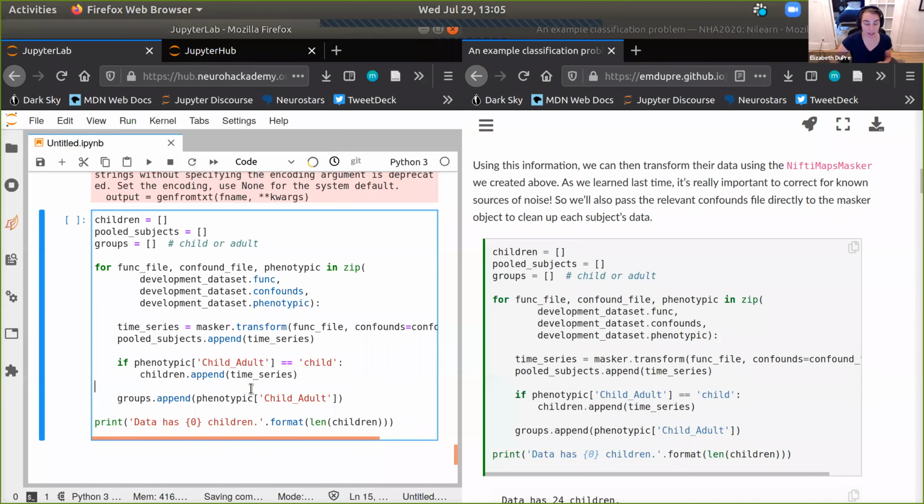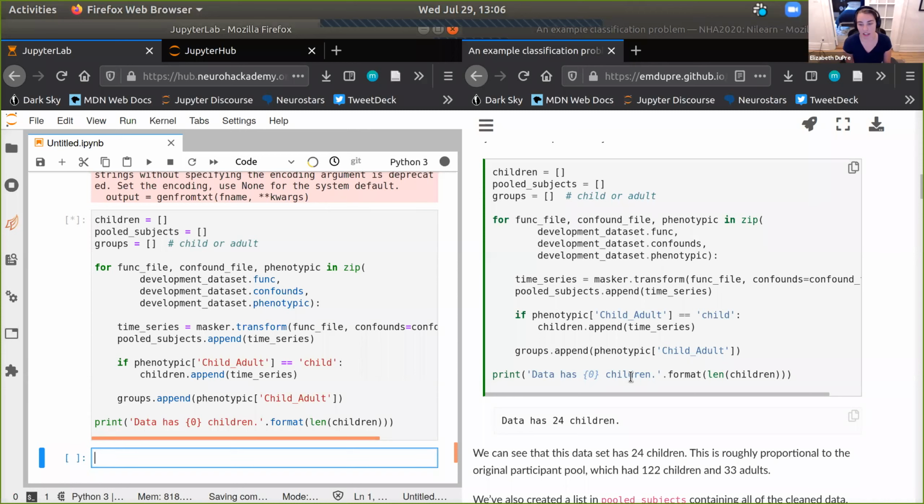So while it's running, I'm going to go ahead and switch to the book and just show you that there are 24 children. And actually, you may think that this is a lot of children for 30 total participants, and you're right. This is quite a high proportion, right? Even though this is a high proportion, the reason it is so high is because it was just this high in the original sample. So although the Nilearn fetcher is doing a pretty good job of keeping the proportions constant, in the original sample, which had, again, 155 people, there were 122 children and 33 adults.